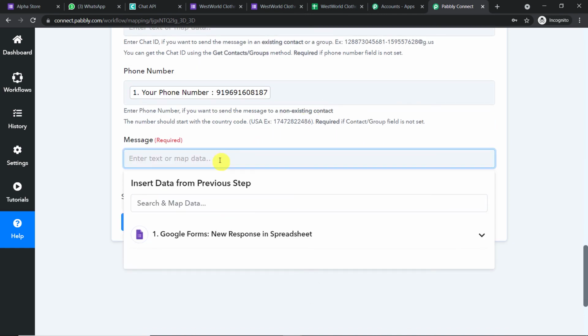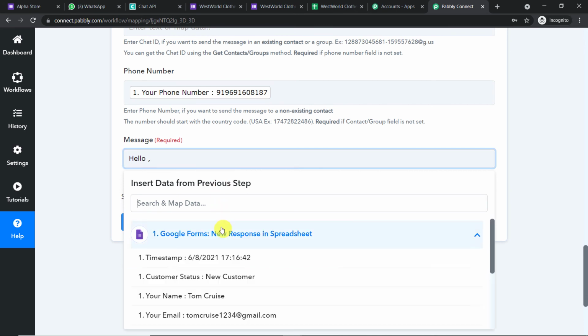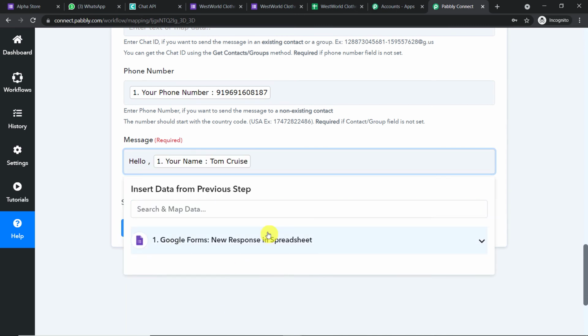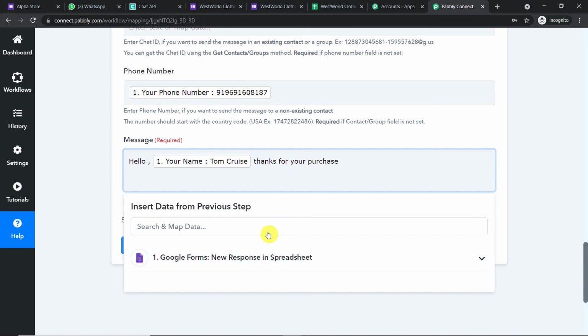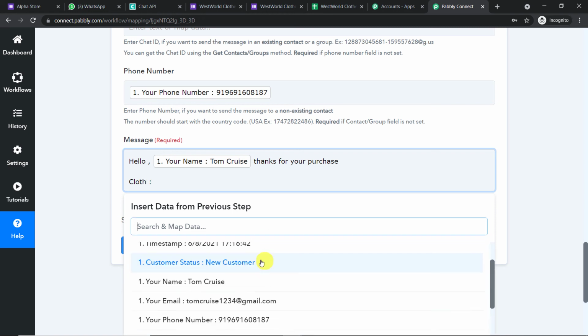Then let me just show you the message. So basically we are going to type a small message. Okay, the first thing is hello, that is greetings, comma. And let's map the name. So the name is Tom Cruise. Thanks for your purchase. And let me just add the details. So the details is cloth. I think he wants socks. Okay.